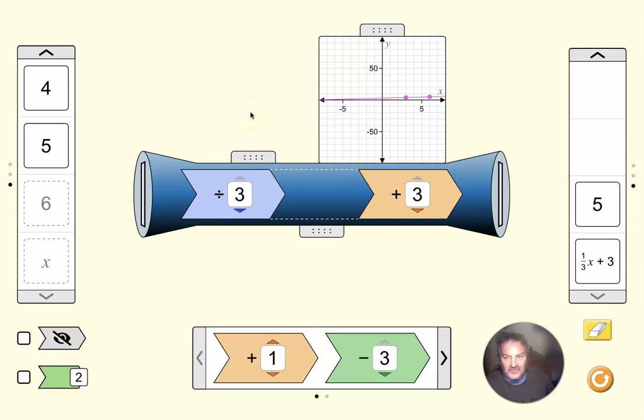So pretty neat stuff. Hopefully that helps people visualize what's happening. We're putting things in one side and they're coming out the other based on whatever functions we put in the mix. And so, yeah, hopefully that helps people,